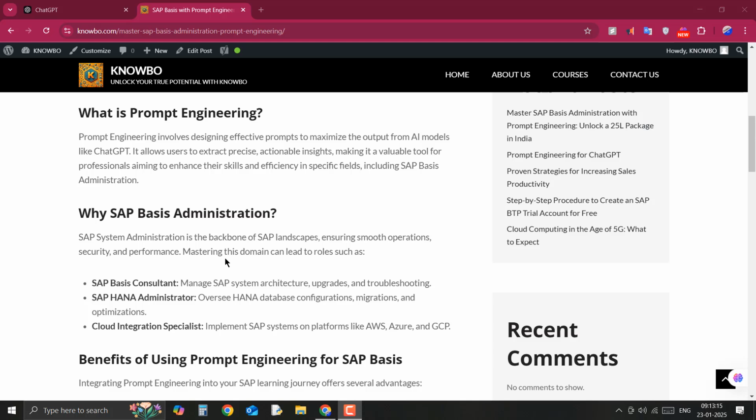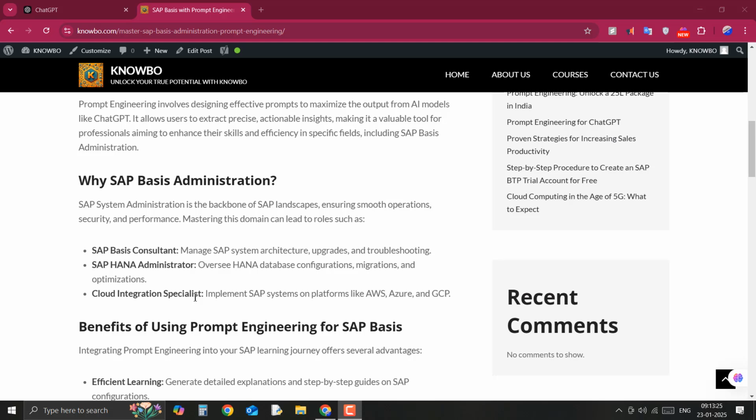If you can master this domain, you can take roles such as SAP Basis Consultant, SAP HANA Administrator, or Cloud Integration Specialist, and so on. There are so many opportunities available in handling SAP systems. If you understand the concepts of handling SAP systems thoroughly, you will definitely get more chances of getting a job quickly. In the Indian market, especially, many people are getting 25 lakhs salary. That's why I have kept 25 lakhs as the benchmark.